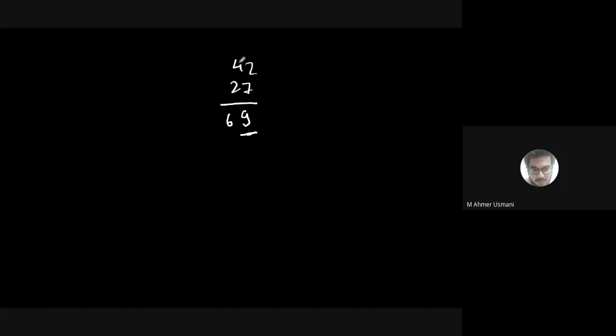So मुझे क्या करना पड़ेगा, this is something which is called as octal। मुझे क्या करना पड़ेगा, this 4 I need to convert into binary। कैसे मैं कन्वर्ट करूंगा, 4 को रिप्रेजेंट करने के लिए मुझे बाइनरी में 1 0 0 लिखना पड़ेगा, 2 को रिप्रेजेंट कराने के लिए मुझे क्या लिखना पड़ेगा 0 1 0। या तो दूसरा तरीका अप्रोच फॉलो करो, 42 को मैं क्या करूंगा, I'll keep on dividing by 8, get the answer,